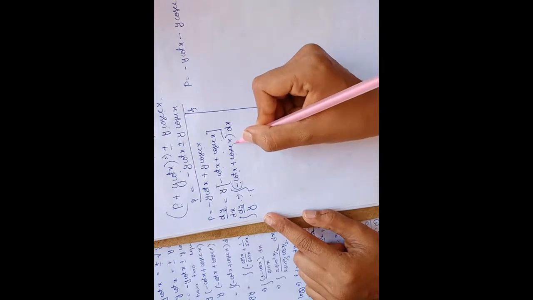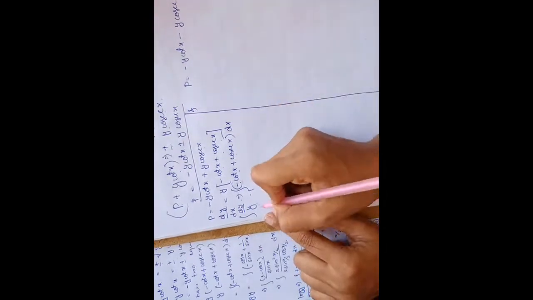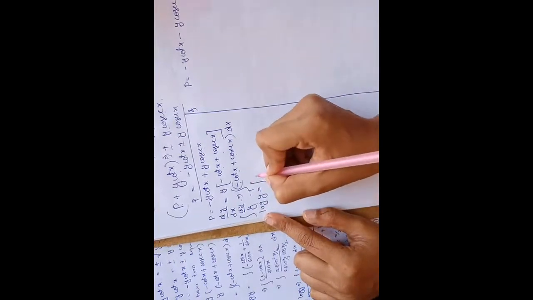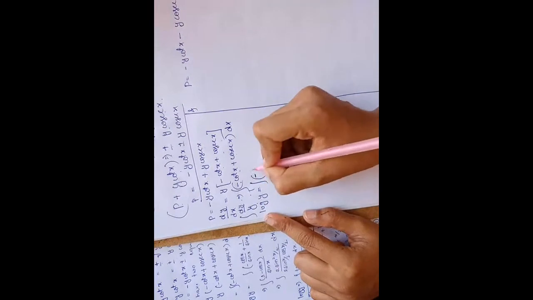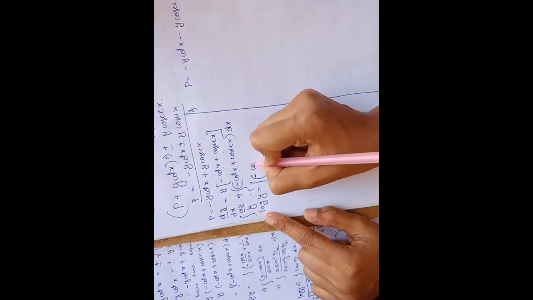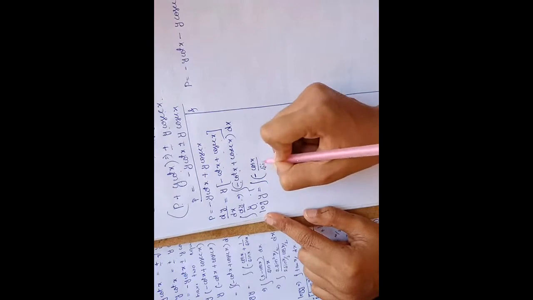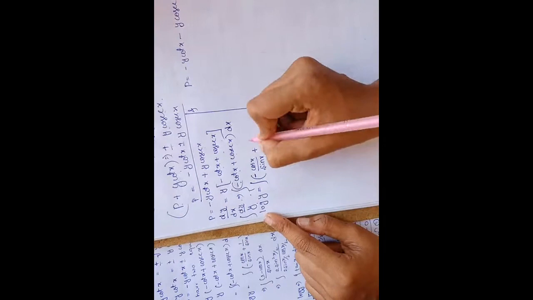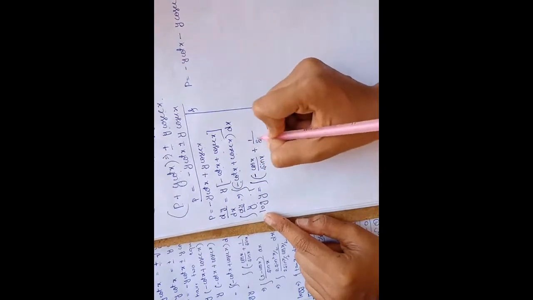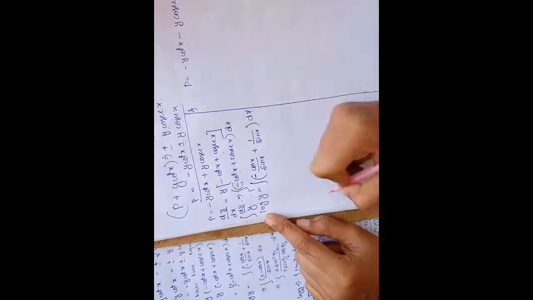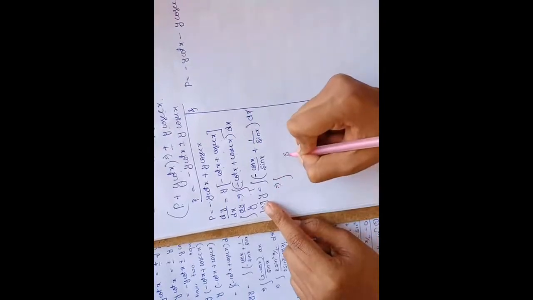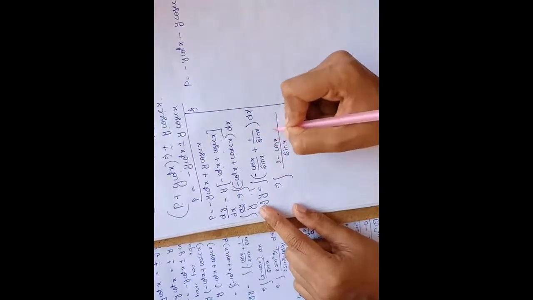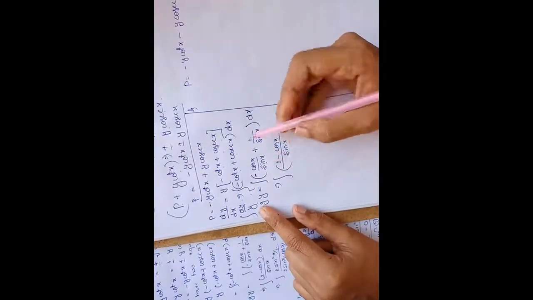So integration of dy is log y, equal to the integration of minus, as it is. We know cot x is cos x by sin x, plus cosec x, which is 1 divided by sin x. So 1 by sin x is cosec x dx, as it is. Now take sin x as the LCM here, so we will get 1 minus cos x. Taking sin x as LCM, the remaining term is 1 minus cos x into dx, as it is.